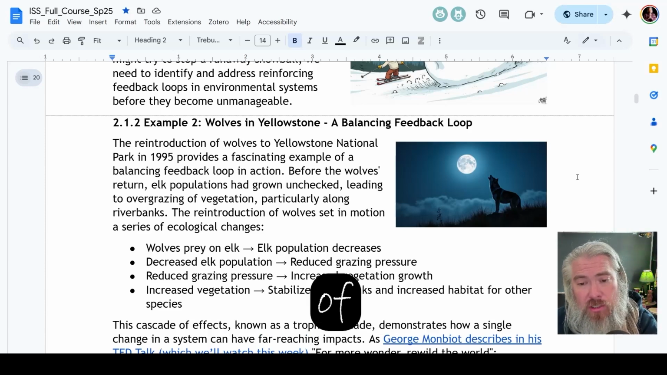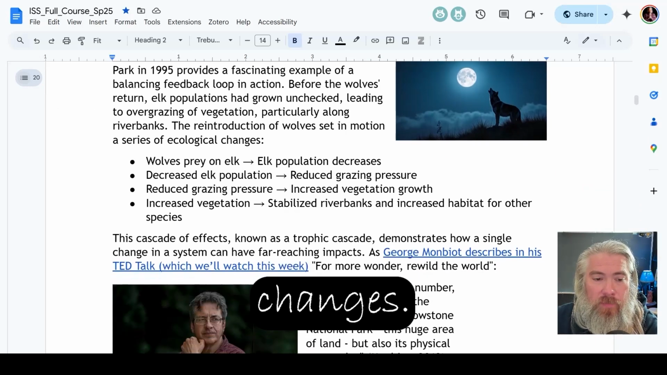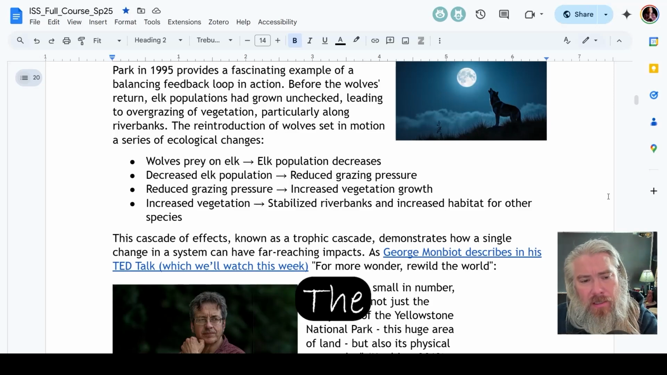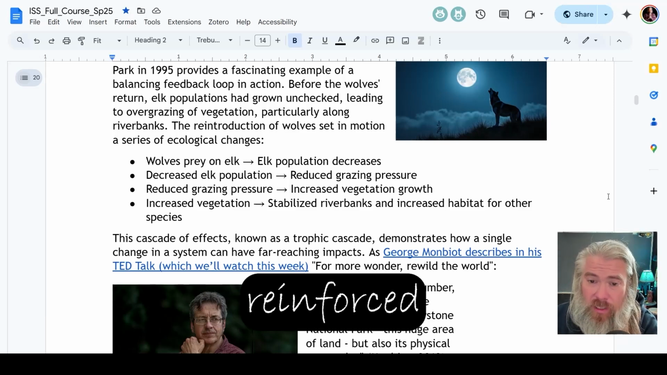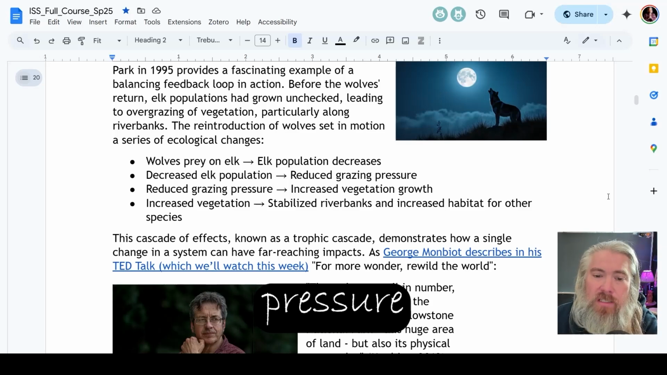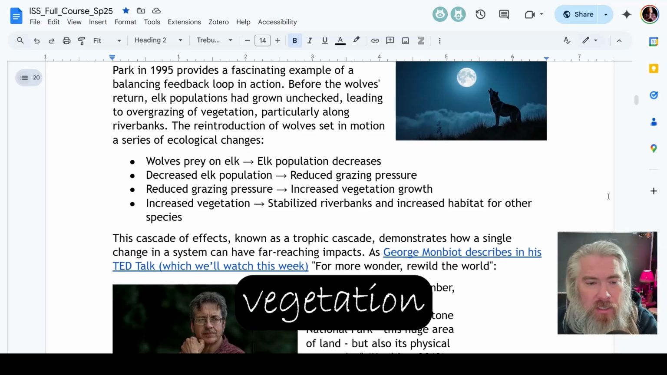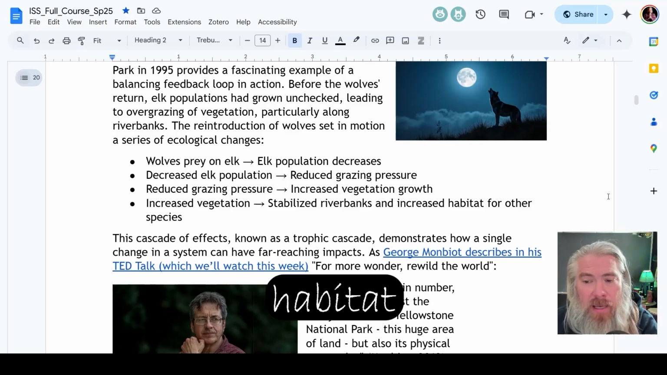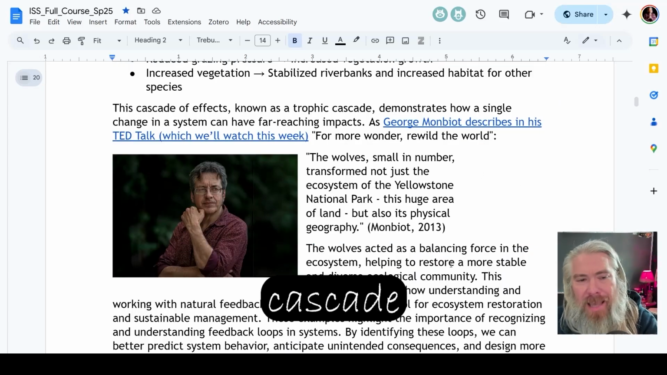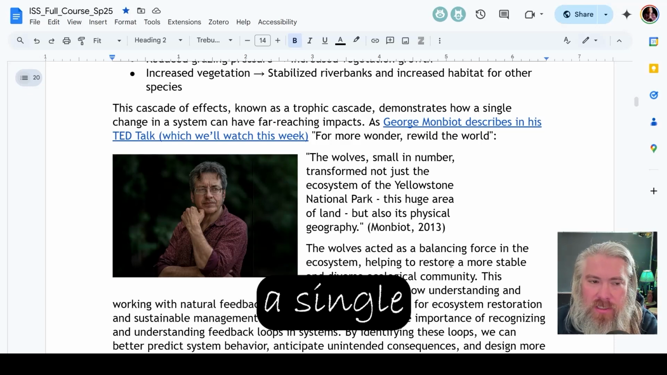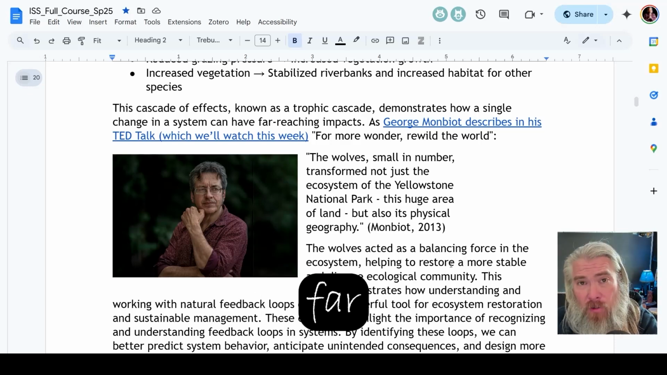The reintroduction of wolves set in motion a series of ecological changes. The wolves prey on elk, which causes the elk population to decrease. The decreased elk population causes reduced grazing pressure. Reduced grazing pressure causes an increase in vegetation growth, which then causes stabilized riverbanks and increased habitat for other species. This cascade of effects, known as a trophic cascade, demonstrates how a single change in a system can have far-reaching